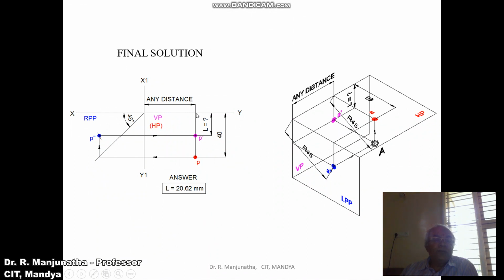You measure the distance of 40 mm from here and mark that point as small p. Since it is the top view, the top view always has to be projected onto the 45 degree line. Using the protractor, you measure an angle of 45 degrees and then draw an inclined thin line. When you draw a horizontal projector from P to the 45 degree line, the distance in front of VP, which was vertical here, has been transferred into horizontal distance. And from this point, you draw a vertical projector to the top side.